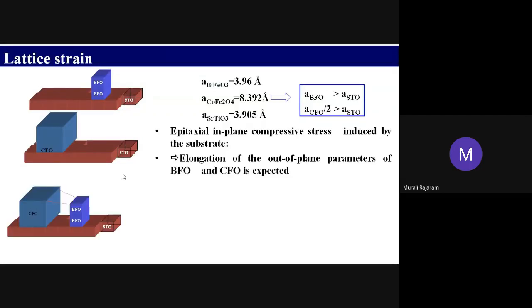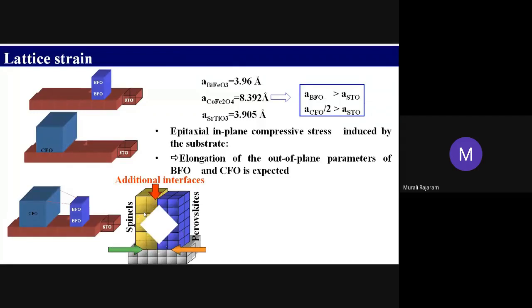But if you want to grow them together, if you want to put these two together on a single substrate, there is one more interface, an additional interface here between your bismuth ferrite and cobalt ferrite. That's what is shown here. If you put perovskite and spinel together, you are creating an additional interface. This should be either coherent or semi-coherent if you want to have this as epitaxial